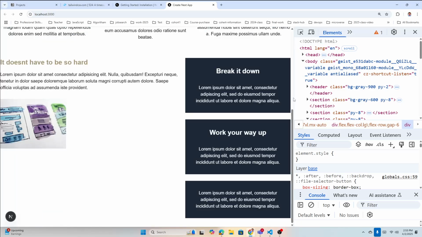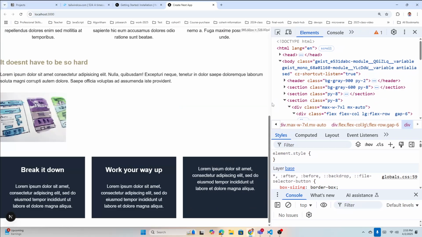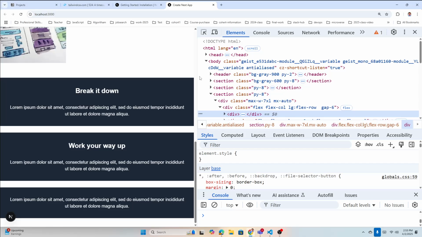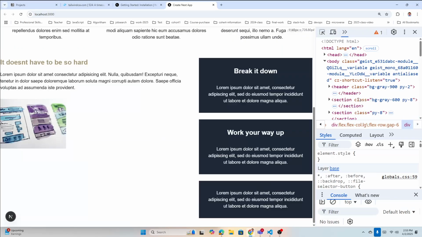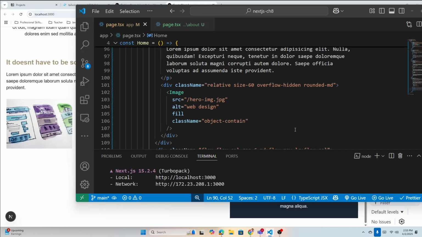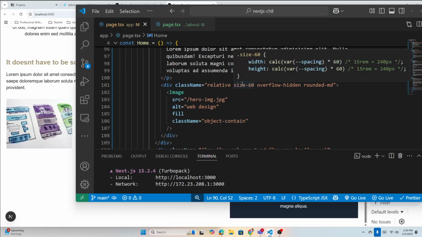You get the idea. So when I go below MD, it will be like this, and when I go to a small device, this will change, right? So you get the idea. Now the only thing is fixing the image. So what are we gonna do with the image now, right? Image size, that is 200. Okay, let me